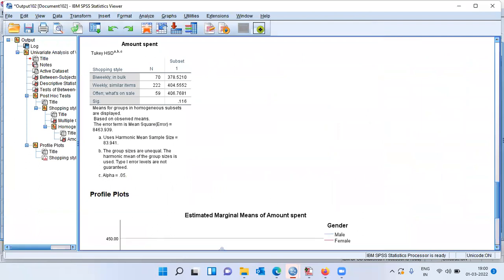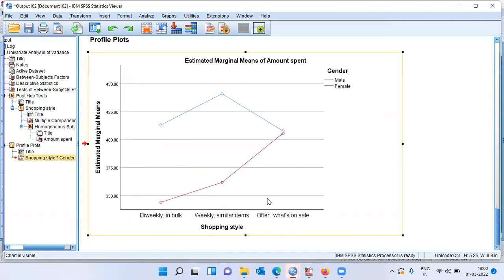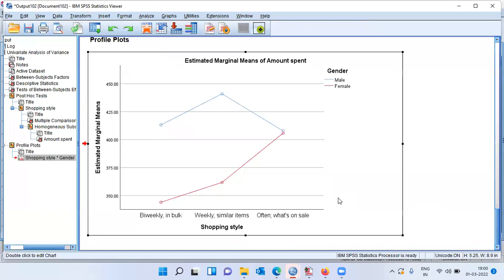SPSS gives you a lot of output here. In the output window, you see a lot of options. Let me first go to what is called the profile plot. And as you can see here, this plot is very, very useful to understand what is going on in the